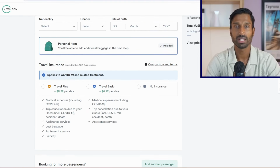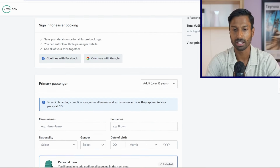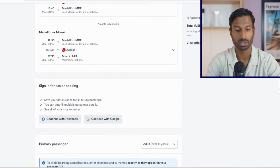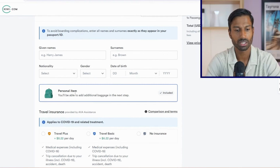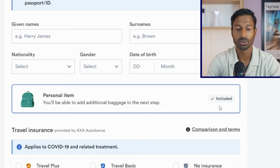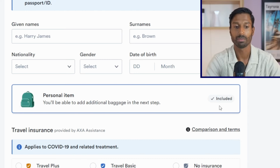One thing that you need to check with all these flights is that the price that it's showing you, $702 there, return, sometimes does not include any baggage at all. So we need to look at what this includes. Here we have a personal item. You'll be able to add additional baggage in the next step. Okay, so this only includes one backpack, maximum 7 kilos, and that's the one that you got to keep underneath